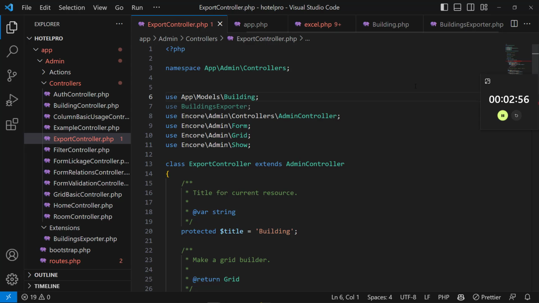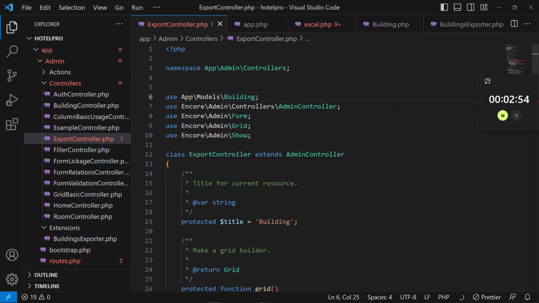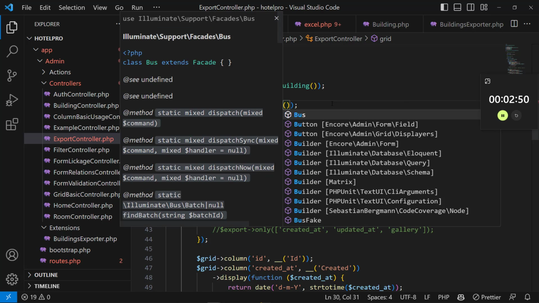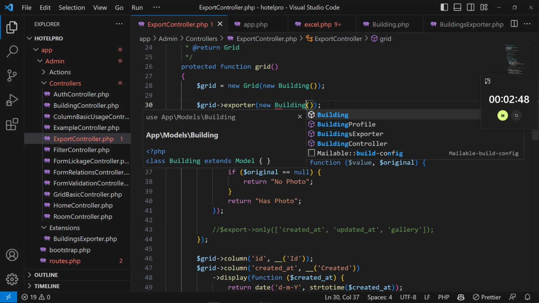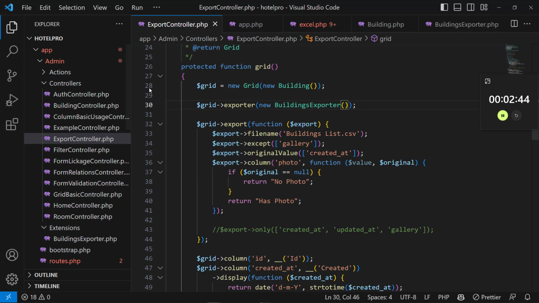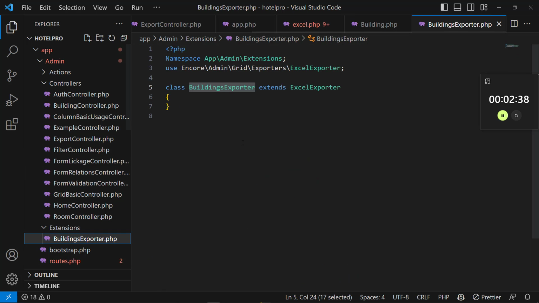Like this, okay. So what have I done? I just had to put a folder called extensions here, and that's where I put the class of extension. Now you come here to new and then say exporter, and then you specify that class. So now if you come and refresh,